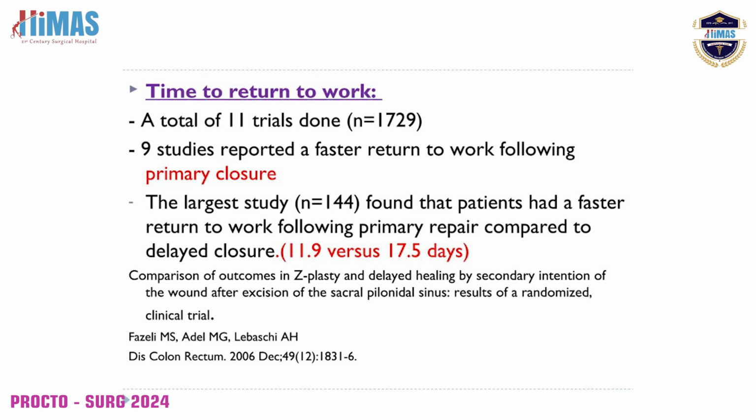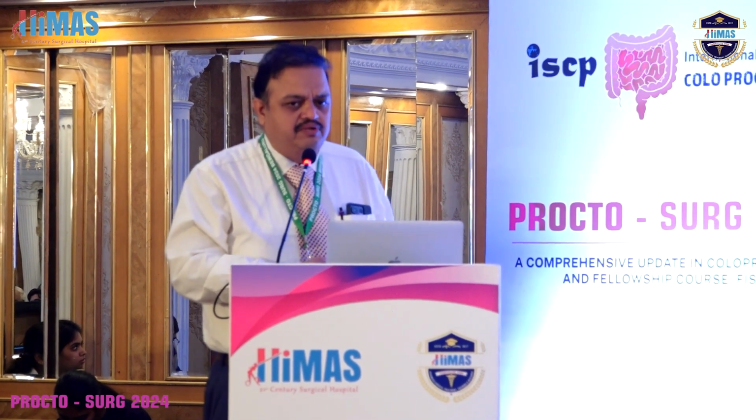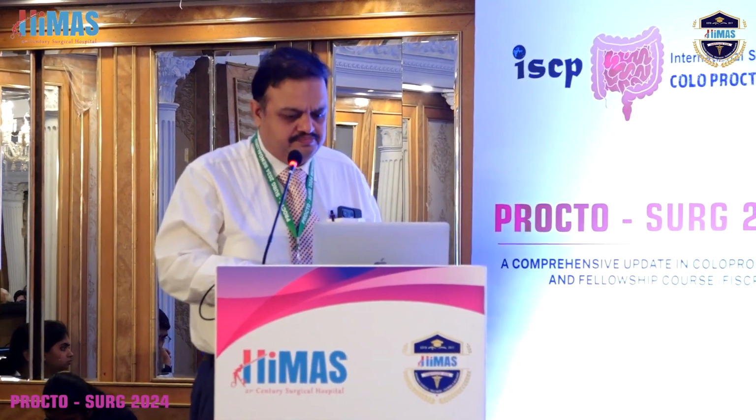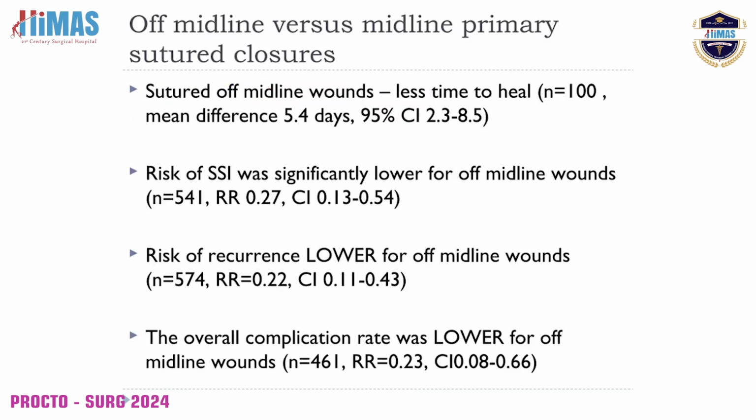The primary closure has its own advantage, but over a period of time, the recurrence is higher. The recurrence rate in primary wound closure is higher compared to that of the flap. Also, for surgical site infection, there has been no major difference, but the problem is that